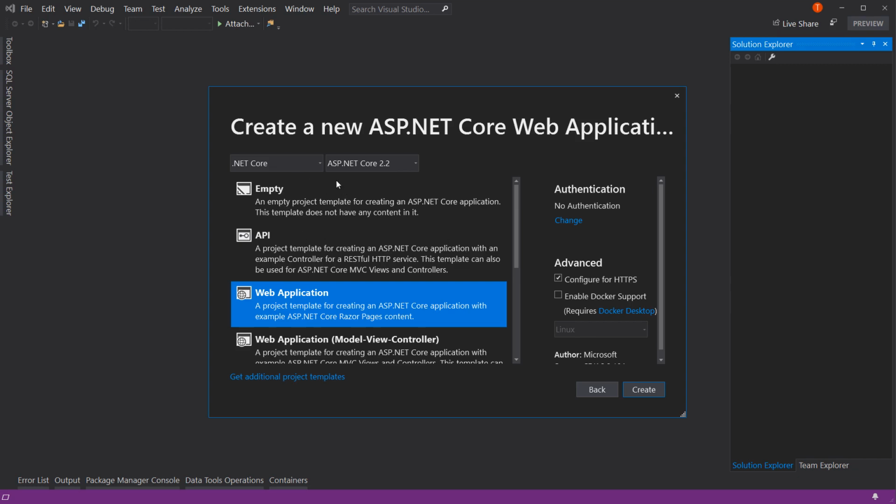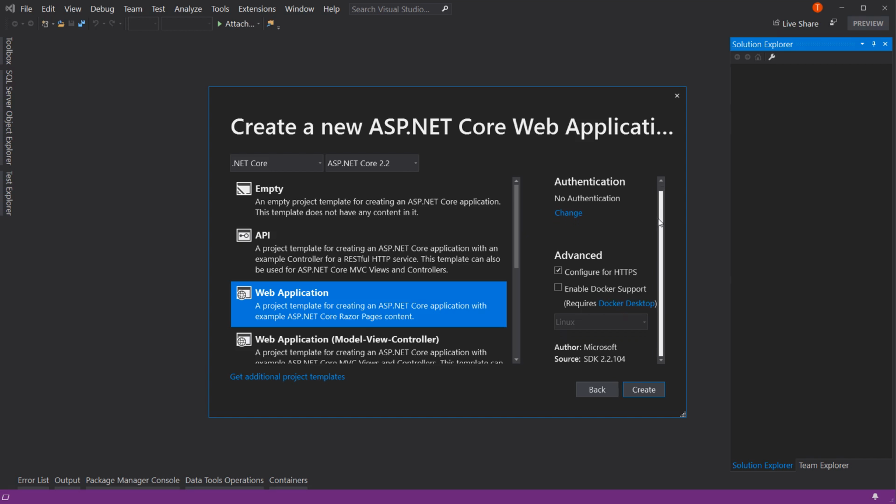First one is what type of framework do you want? .NET Core, .NET Framework. We want .NET Core, ASP.NET Core 2.2. It's going to be good. We're going to choose the web application, which will give us Razor pages. They're kind of fun and easy to use. We're not going to add authentication, but there is a checkbox here that says Enable Docker Support, which requires Docker